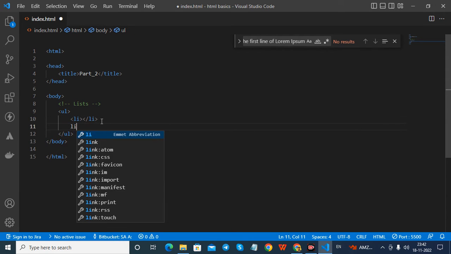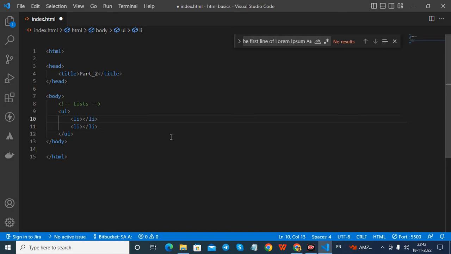I'll create one more list tag here, and I'll write 1, and for the second I'll write 2. When I save this, you can see I have not saved this yet, so it's showing 1. When I save this, it will disappear. And if I go here, you can see automatically without refreshing the page, we are getting the text over here. Here it is an unordered list, so you will get this dot. I'll just zoom in now. Yeah, now it's better, I guess. Now you can see we are getting the list with the dots over here,